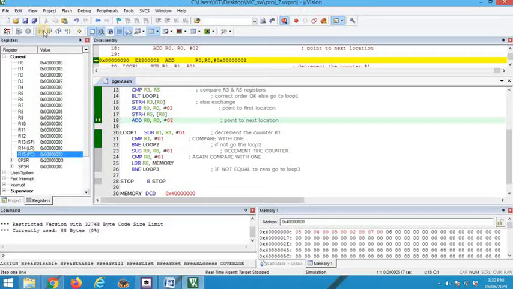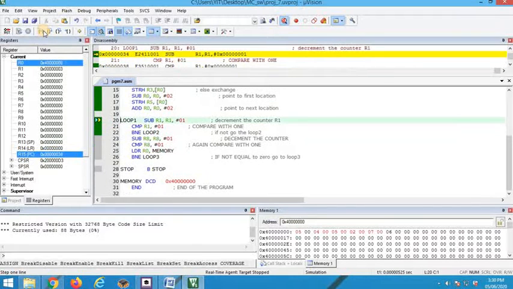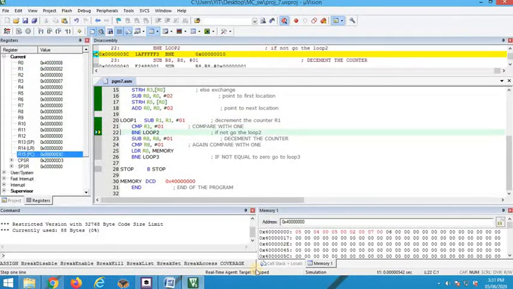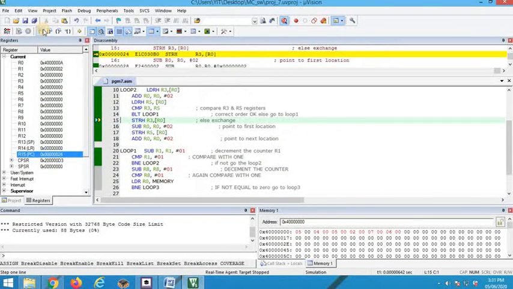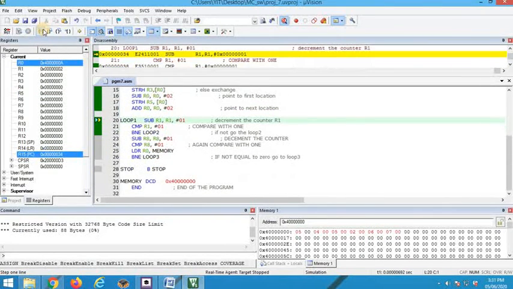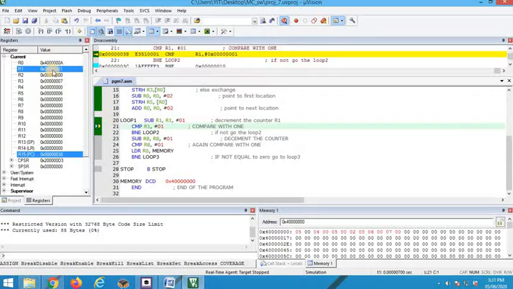Next we have one more iteration in this pass. In that iteration what we are going to do, we'll be swapping 6 with 7. As you can see, 6 and 7 are swapped. So this is end of pass 1. How end of pass 1 is identified? By comparing R1 with 1. What is R1? 1. R1 is equal to 1. This is end of pass 1. At the end of pass 1, largest element is in its final position.